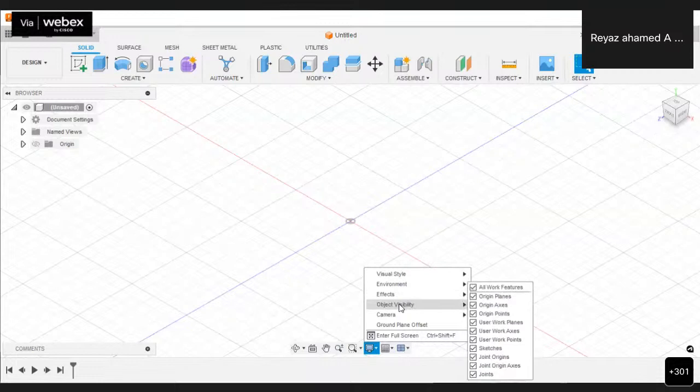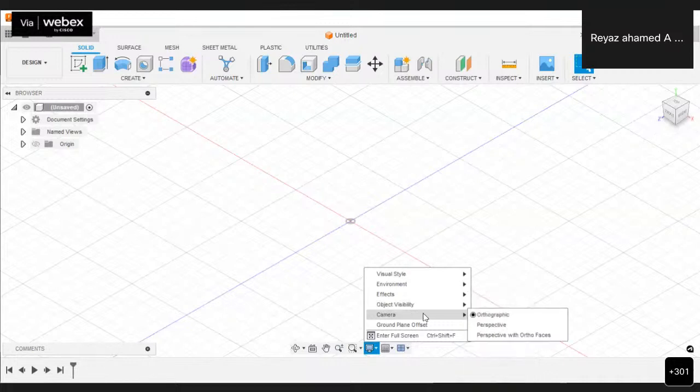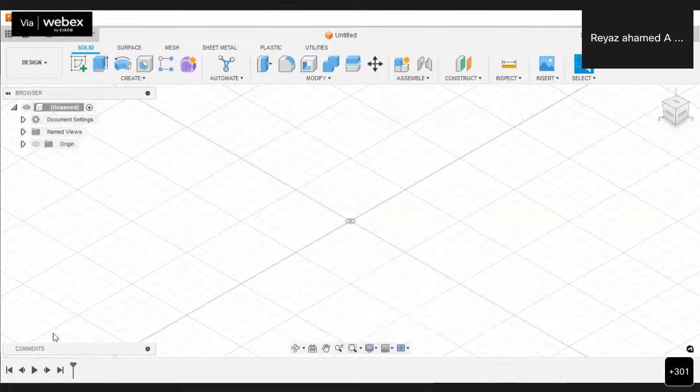Object visibility: if I need to switch off the origin axis plane, I can easily switch it off. I turn off the visibility by just clicking on these check boxes. If I need to turn off the visibility of sketches or some other joints, that is also possible here. So these are the things, and this main area is called the timeline.